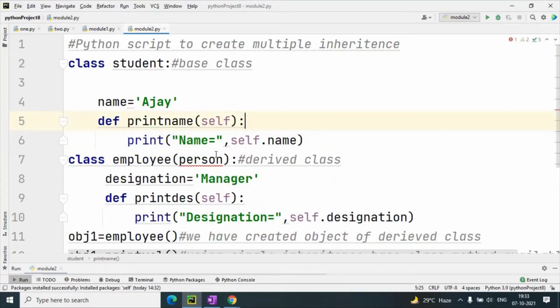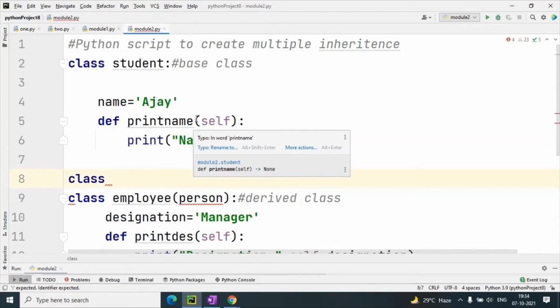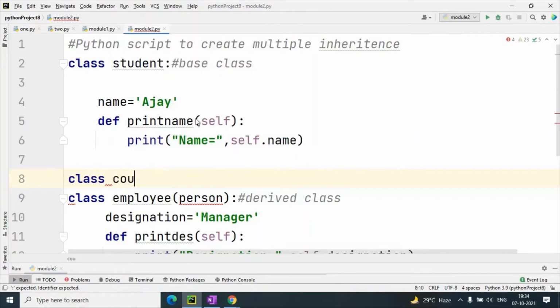And the second class, I will create class course.